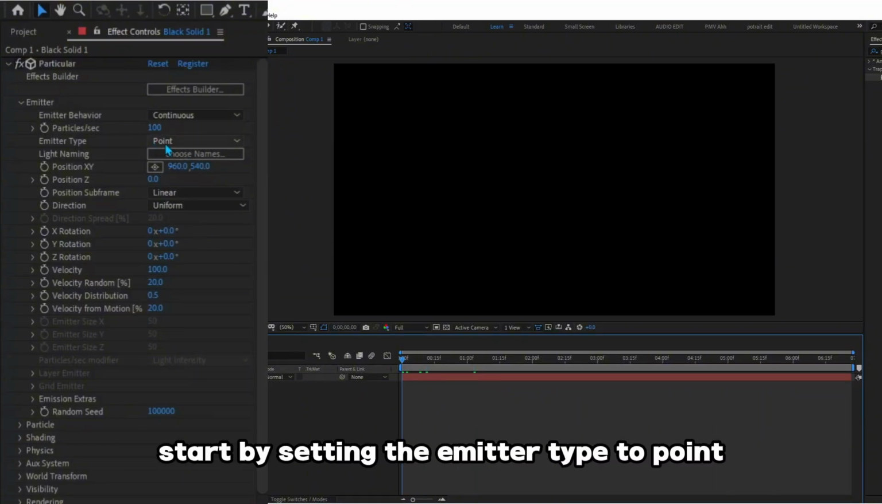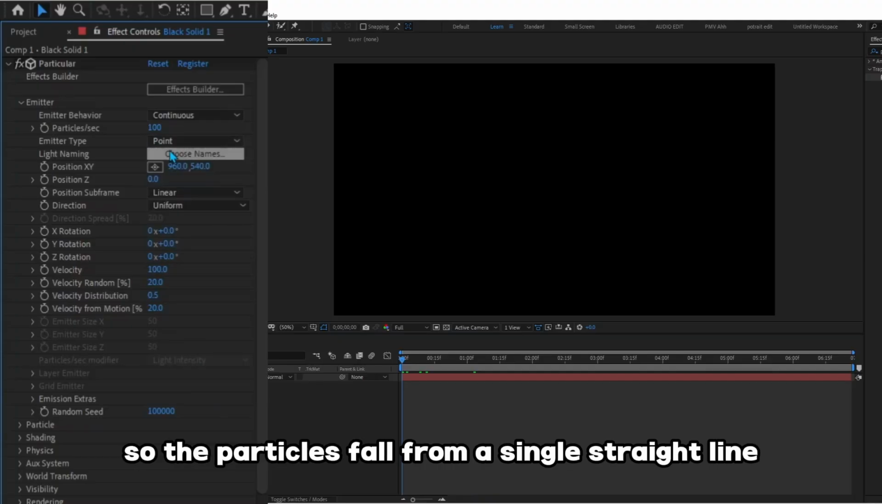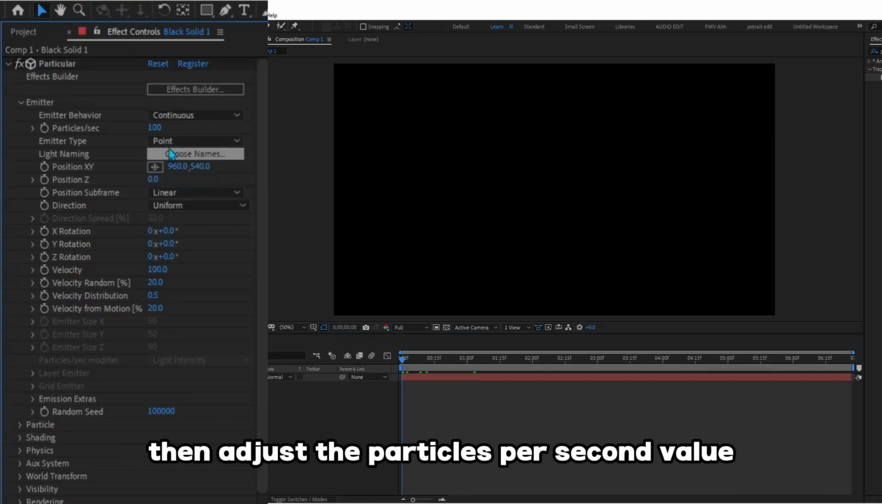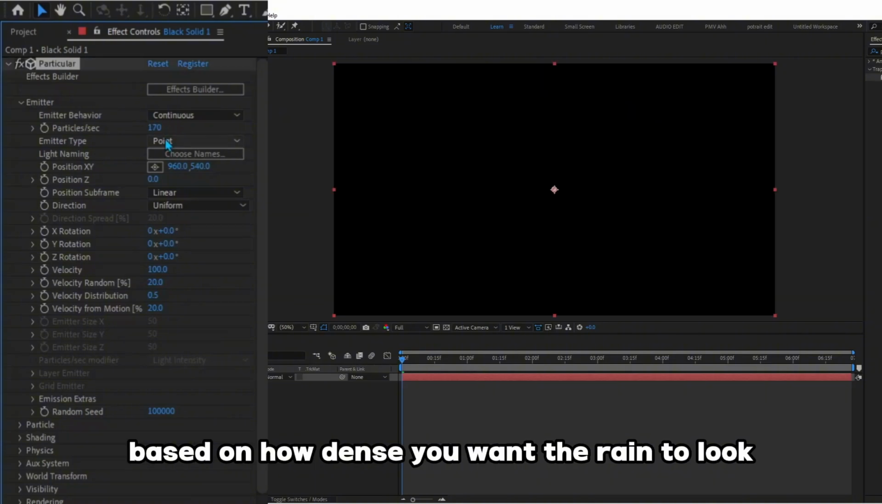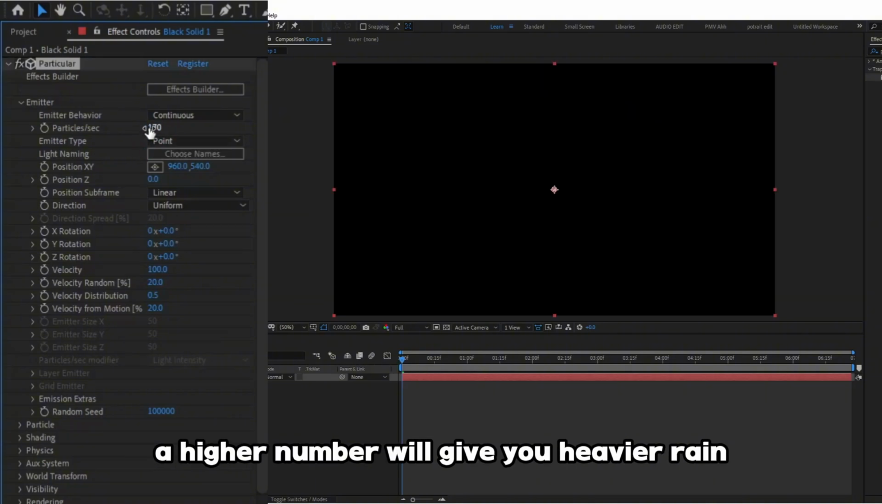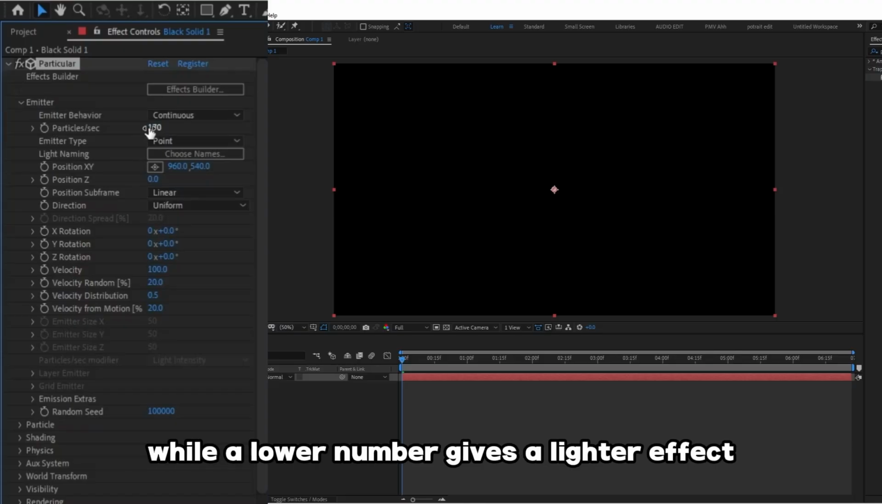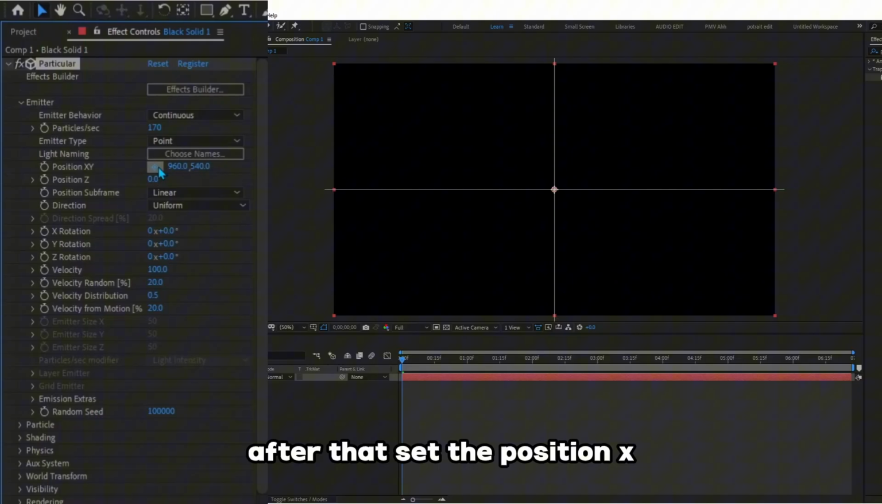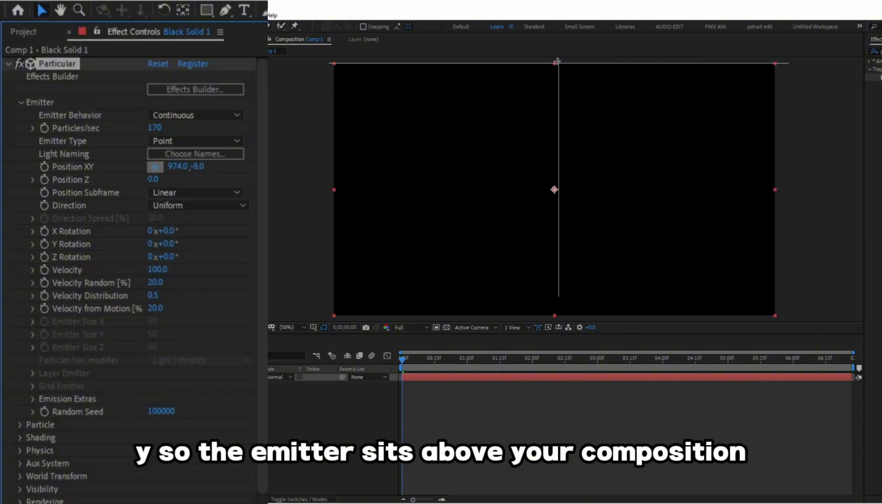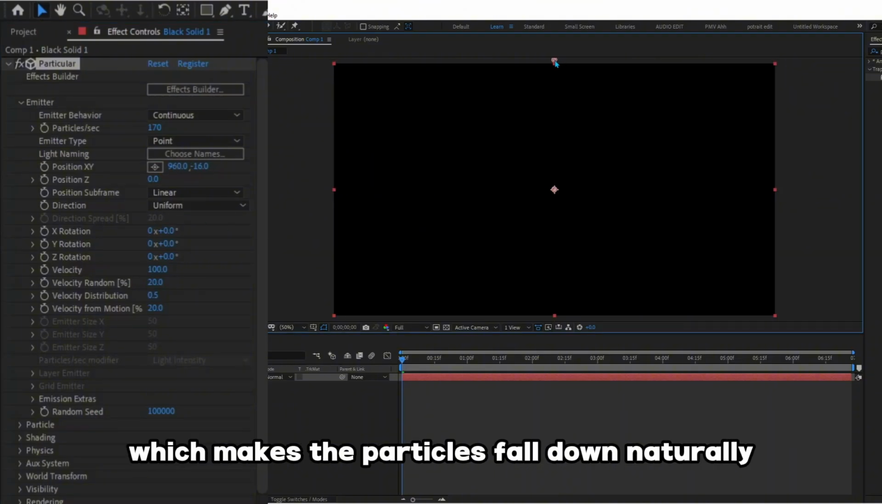Start by setting the emitter type to point so the particles fall from a single straight line. Then adjust the particles per second value based on how dense you want the rain to look. A higher number will give you heavier rain, while a lower number gives a lighter effect. After that, set the position XY so the emitter sits above your composition, which makes the particles fall down naturally